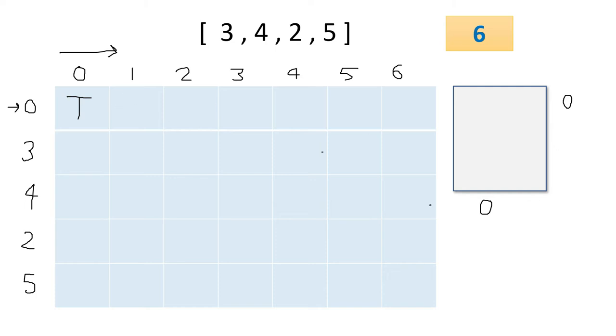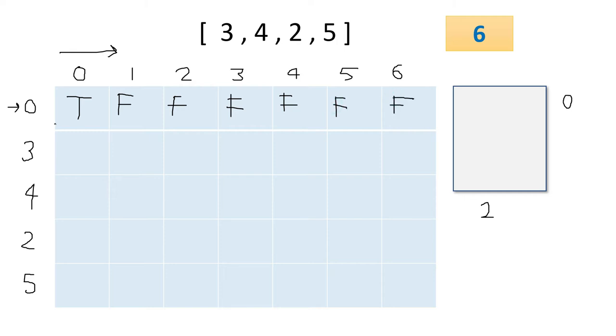So yes, we can do this, so it will be true. Now we have to go to 1. Means now if the capacity is 1, can I fill it using 0? No. So it will be false. And it will be false for all these cases also, because if our capacity is 2 here, then using 0 we can't fill this. Then the capacity will increase to 3, 4, 5, 6. For every case it will be false. So I will quickly fill.